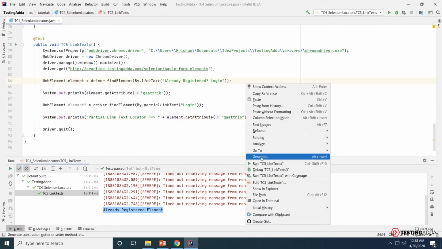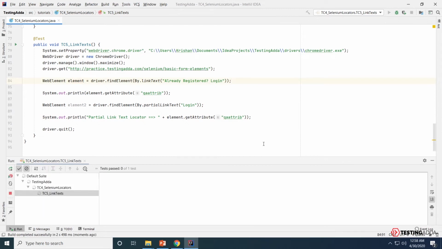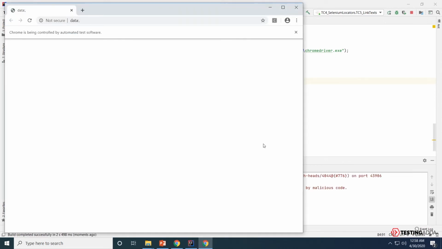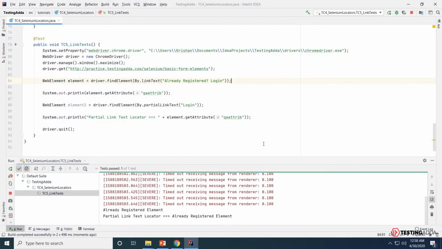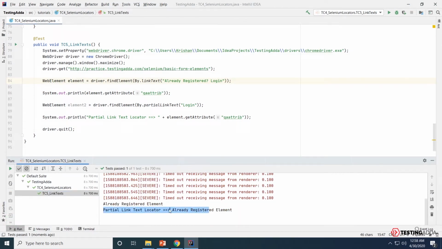Let's try executing this method again. Here we can see we were able to fetch the QA attrib again using the partial link text locator.